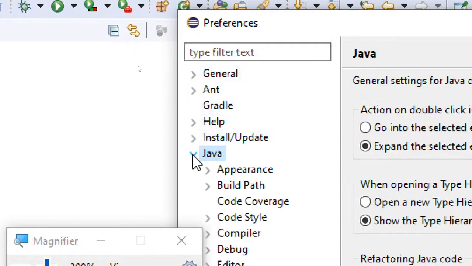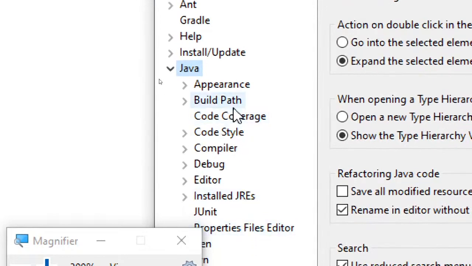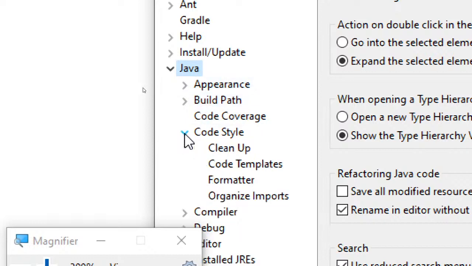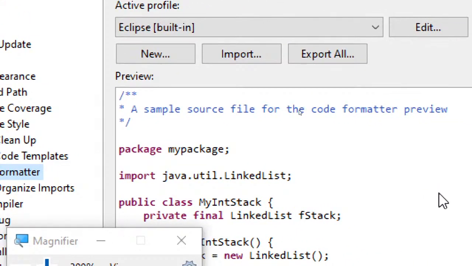So you can expand Java, and there you can see Code Style. Expand Code Style, and there you can see Formatter. And this is the formatter you can see in that documentation. So you can click on this Formatter, and if you want to modify anything regarding the code style formatting, you can click on Edit.